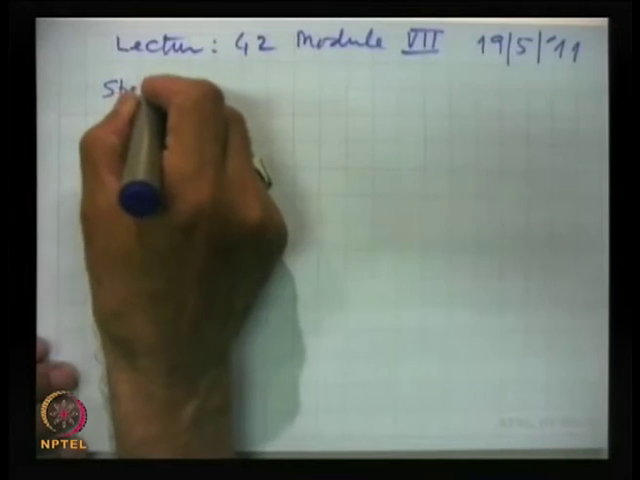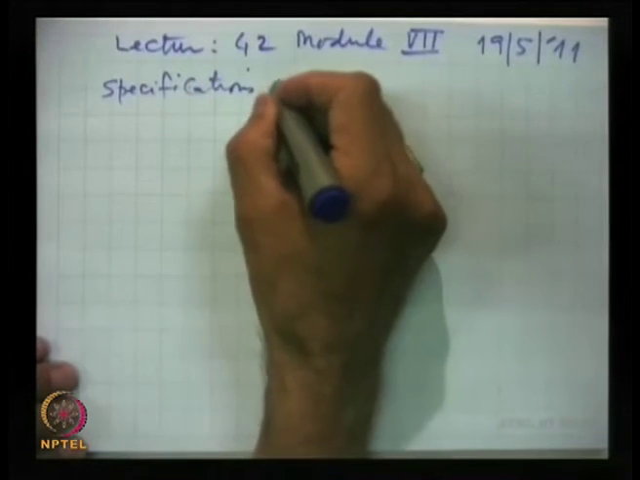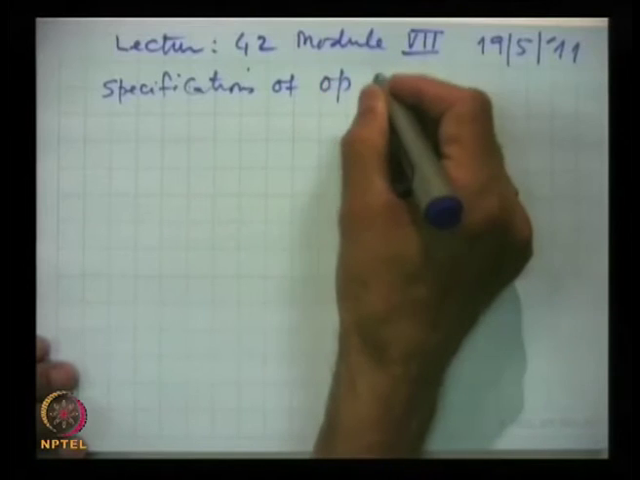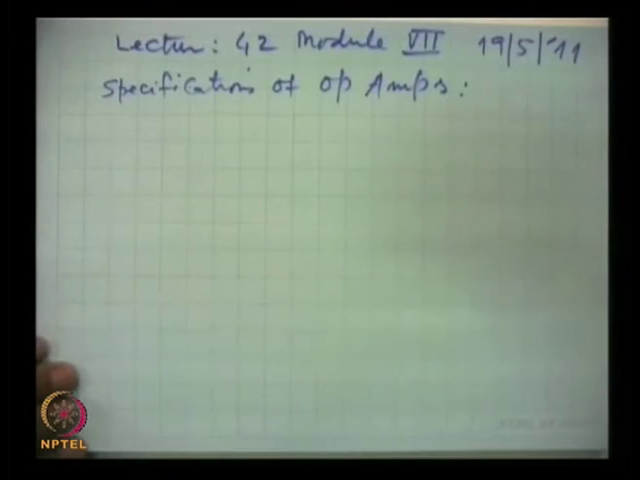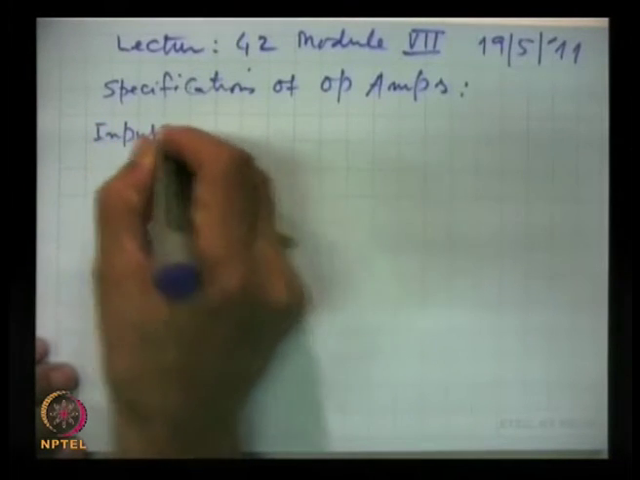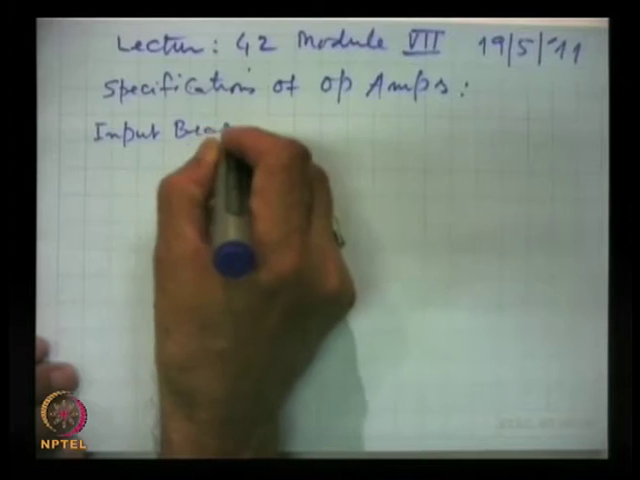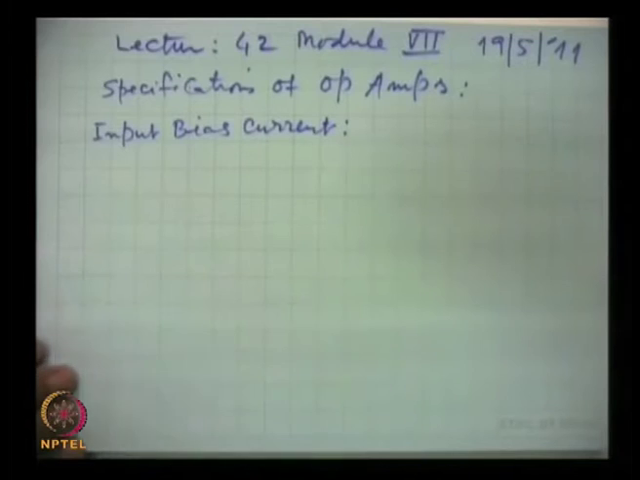Discussing the specifications of op-amps. Specifications of op-amps. The first specification about which we talked was actually input bias current. Input bias current, and this is